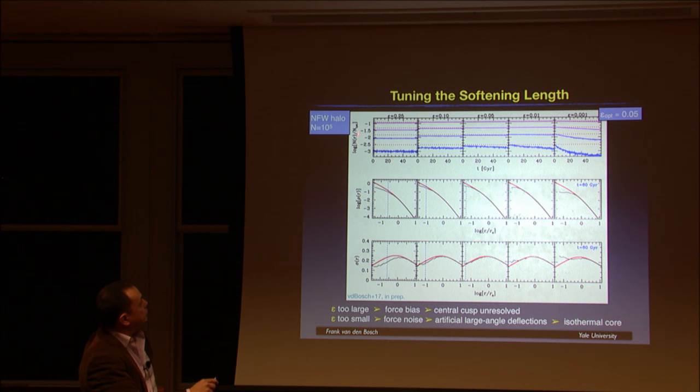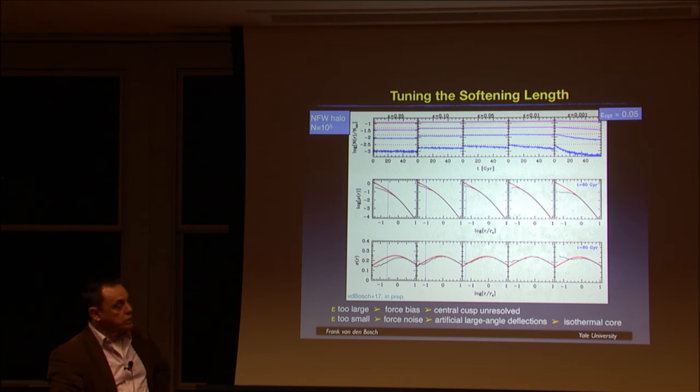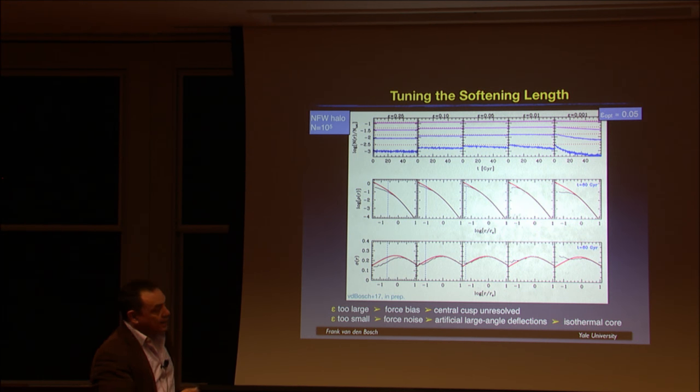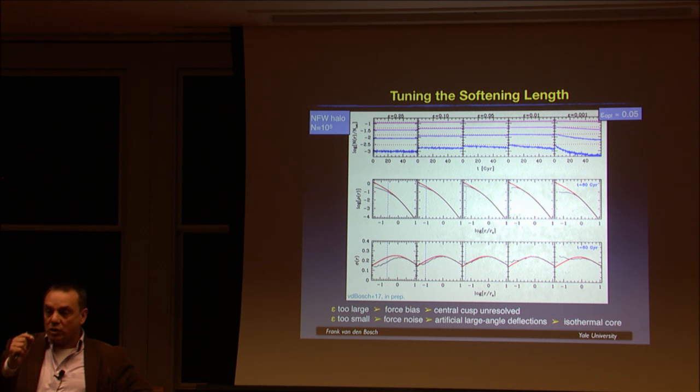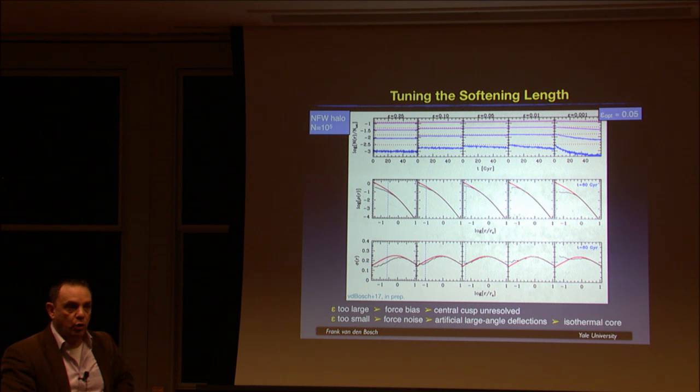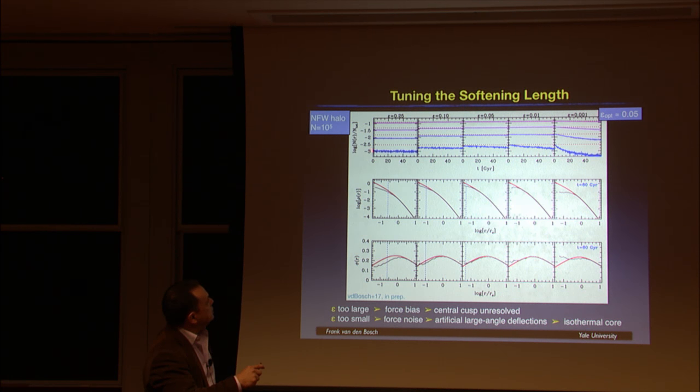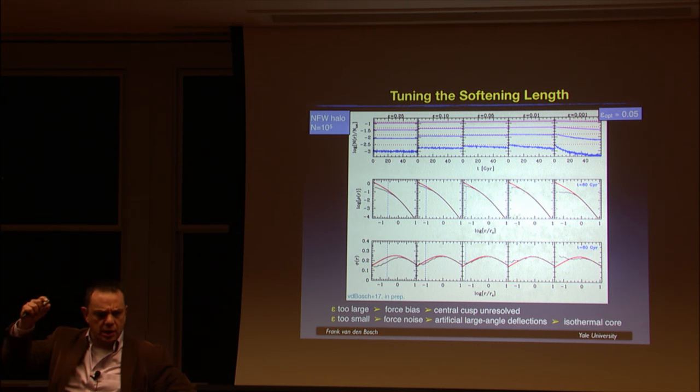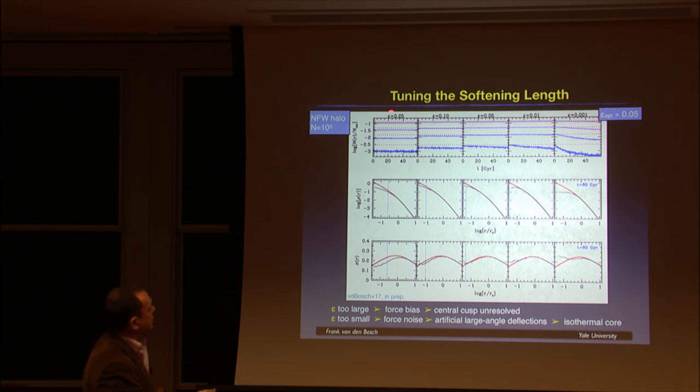This is plotting the number of particles inside a certain radius as a function of time in a simulation. The dotted lines are the analytical answer. That's the system I want to simulate, an NFW profile, and I want basically these lines here to lie on those dotted curves. If I make my softening length very large, this is 0.25 times the scale length. Remember Klypin saying between 0.1 and 0.3, so that's okay.